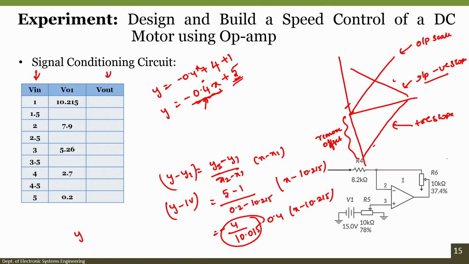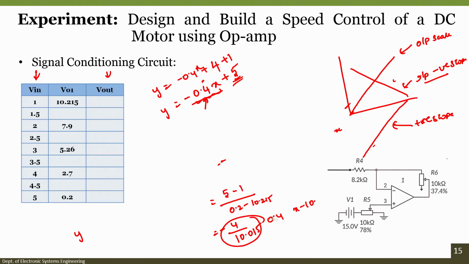Yes, of course we can use that too, because op amps are generally meant for doing so many operations like multiplication, addition, division, everything. So, we can also do that, or if you remember the difference amplifier, with a single operational amplifier we can take the difference between the two signals. So, if I implement a difference amplifier with a gain of 0.4 and 0.4 and the input as 5.